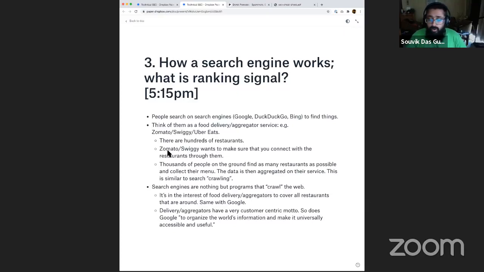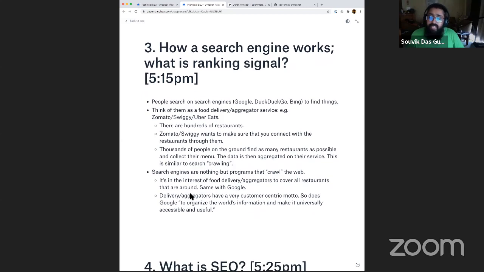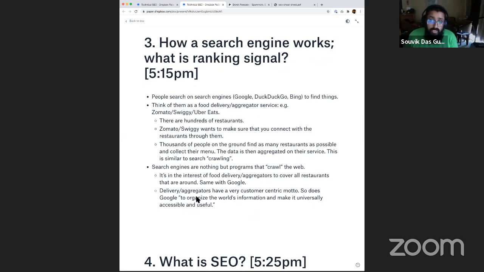Their business is to organize the world's information and to make it universally accessible and useful for everyone, essentially. That's the idea of what Google wants to do. They want to connect every individual who is online searching for certain information to that information, and at the highest quality website that can fulfill that information. So that's how a search engine works, in a way.